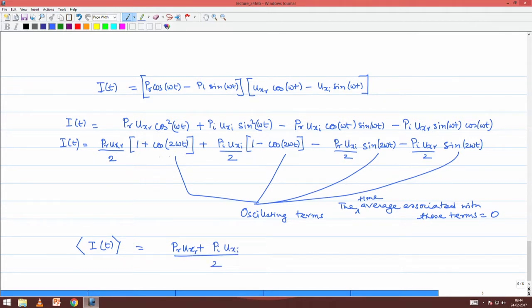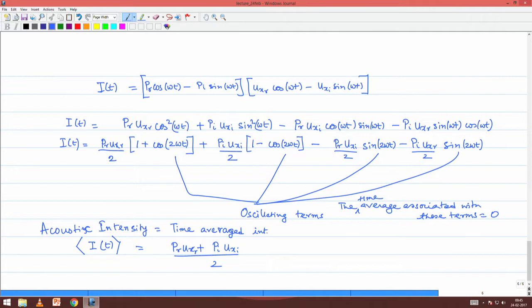Only the terms associated with these two ones will be responsible for the average quantity. All other terms involving the trigonometric quantities will not lead to any average value, right. So, this is what we will refer to as acoustic intensity in general. When we say it is acoustic intensity, we generally mean the time averaged instantaneous intensity,